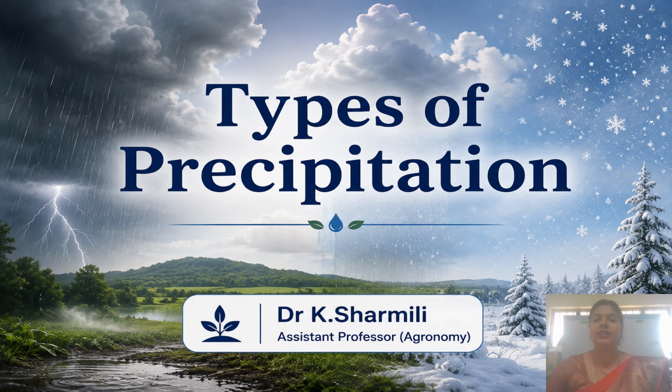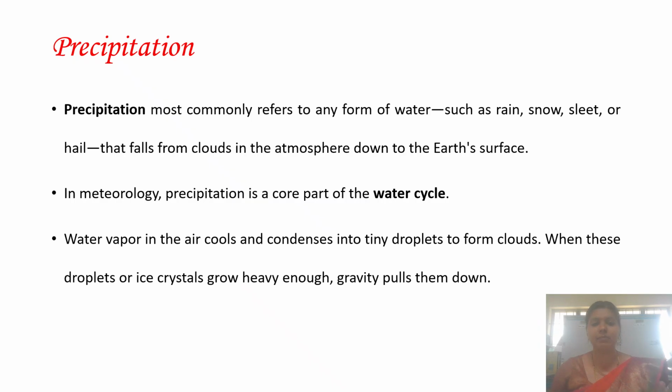Hi dear students, in this session we are going to see the different types of precipitation, and we all know what is precipitation, right? Precipitation is commonly referred to as any form of downpour like rainfall, snow, drizzles which we receive from cloud, and it is an important part of the water cycle which we know from